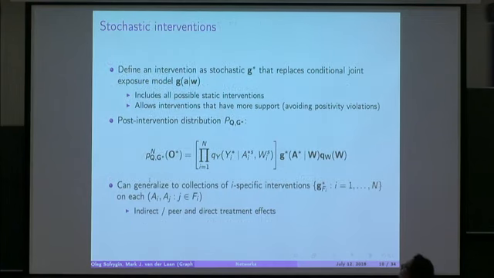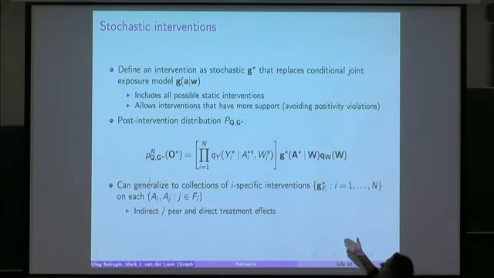Okay, so now we have one more thing before we can actually fully define the parameter and proceed with estimation. Even though previously I was talking about an intervention that sets everybody's exposures to 1, we're going to be more general than that. Our intervention of interest will be a stochastic intervention called G star that describes some known random distribution that assigns exposures to all n units. Of course, it includes all possible static interventions, and it simplifies the notation, but it also allows us to use actual random interventions that might have more support in the data. So in causal inference terminology, this would allow us to avoid positivity violations.